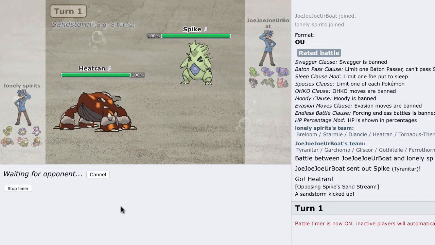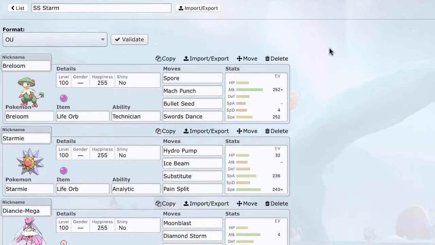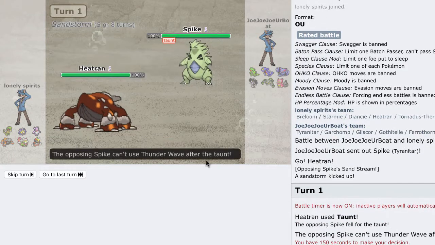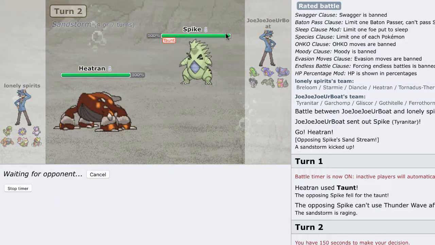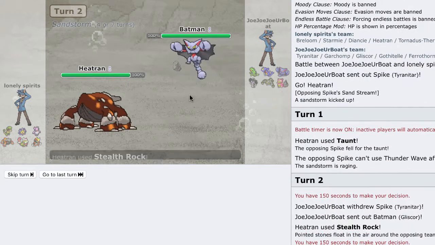And this guy's taking his time. I'm going to start the timer. One thing about the team builder is that in ORAS, you can use black and white sprites rather than XY models, and then this will become XY. But I really like having the ORAS sprites in the battle because it fits with the battle theme, and then in the team builder I feel like the black and white sprites just fit better. But I'm slowly adjusting to the